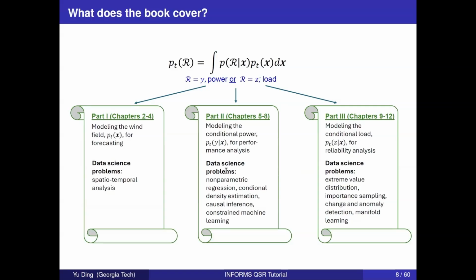And then the third part is, suppose your output is not really the power production anymore, it's really the mechanical load, the stress on the turbine, so we call it Z. The probability of Z conditional on X is given this kind of external force, the wind force, and what kind of stress distribution is going to be on your blade and on your turbine. And that is related to the reliability analysis. So this particular part,